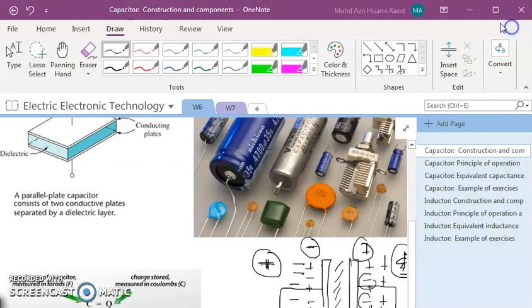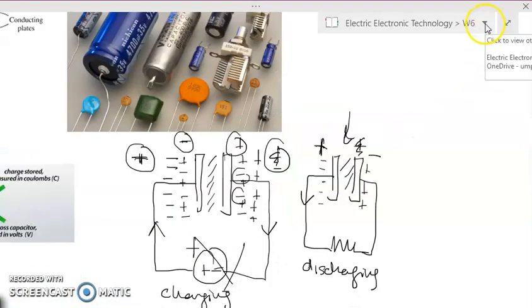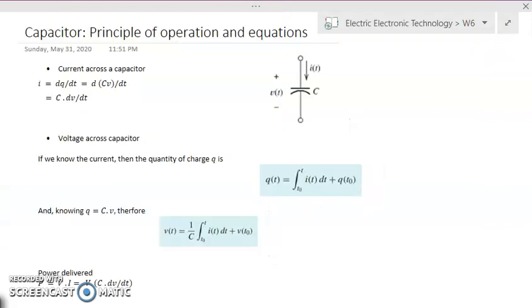So in the next part, now we have seen the basic principle, the construction of a capacitor and the basic principle of its operation. Now we're going to look at a few equations that let us find the usual electrical parameters in a circuit where we have a capacitor. So the first one, let's take a look at the current across the capacitor, right? Imagine we have a capacitor and the current that goes across the capacitor is identified as I(t), and the voltage across the capacitor is identified as V(t),